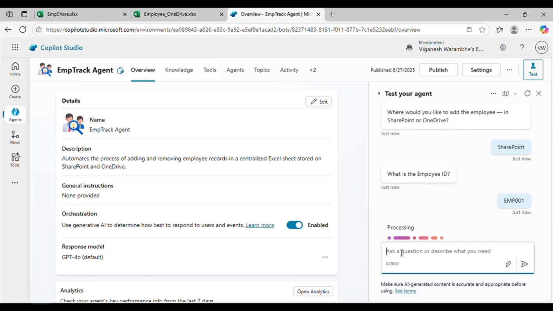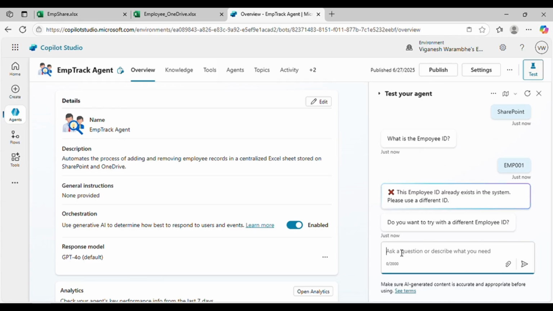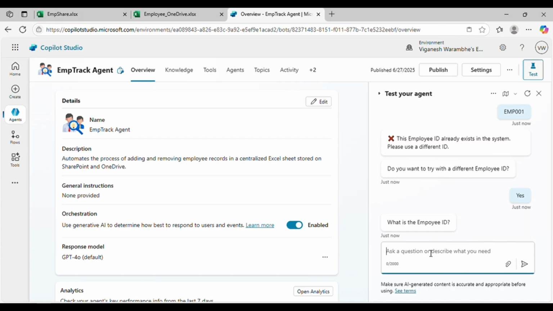EMP001. Here, the agent checks whether the employee ID already exists. Since it does, it returns this employee already exists. Please provide another employee ID. So, do you want to try with different employee ID? Let's say yes. So now I'll provide a unique employee ID